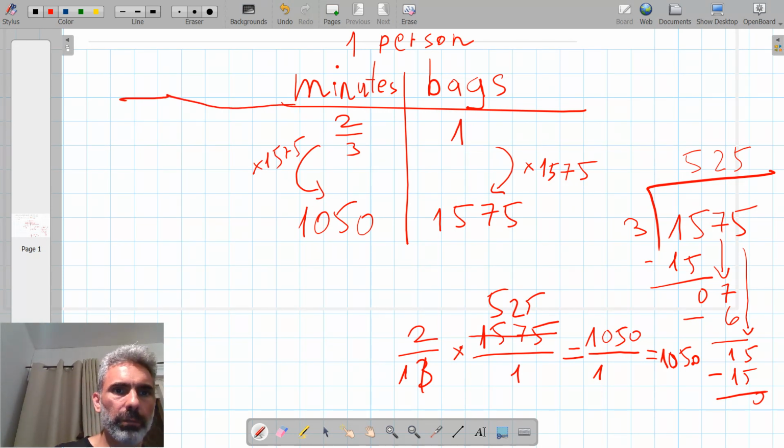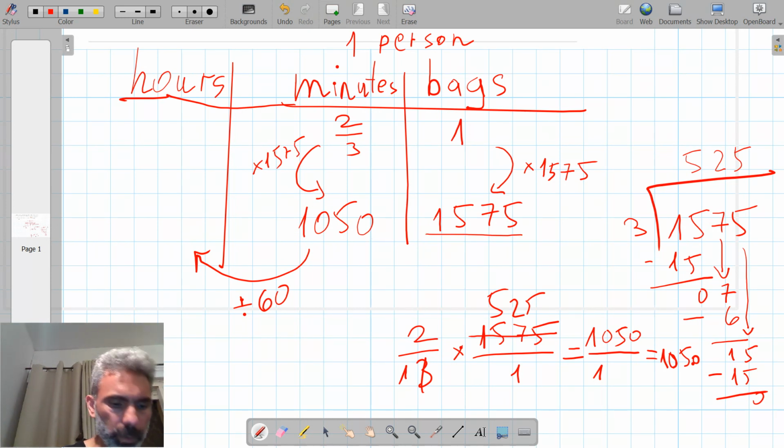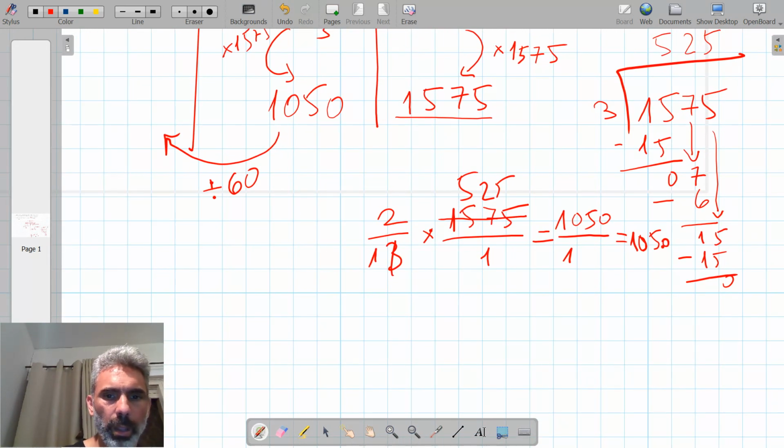And if I want to convert this to hours, I need to divide this number by 60, because there are 60 minutes in 1 hour. So I need to know how many hours it will take one person to make this amount of bags. I need to divide the number of minutes it takes one person by 60. So 1,050 divided by 60